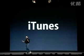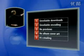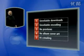Now, iTunes was a landmark when we introduced it on April 28th, right here this year. And it was a landmark for a lot of reasons, but one of the biggest reasons was it said we're going to fight illegal downloading by competing with it. We're not going to sue it. We're not going to pretend it doesn't exist. We're going to compete with it. And this is the underbelly of illegal downloading. Really unreliable downloads, really